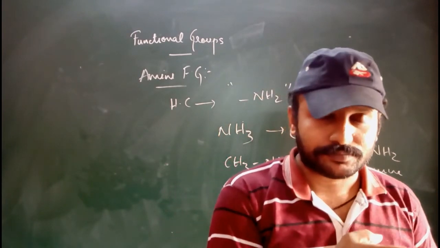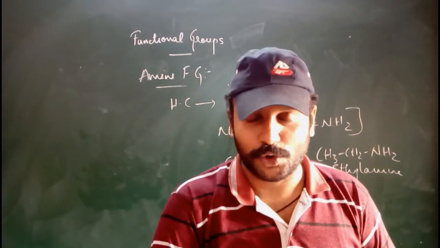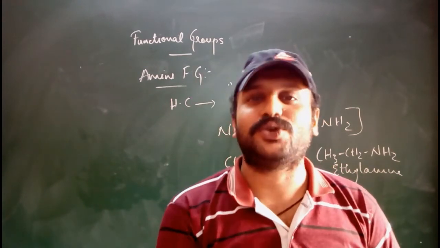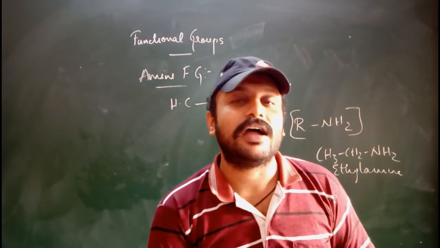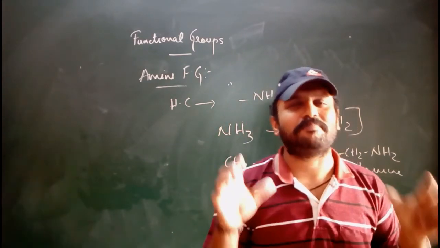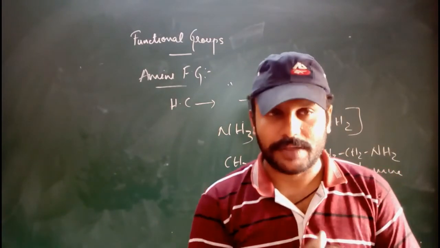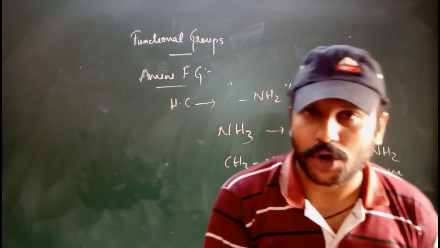Sorry, there is one sound, I think you have heard it. Okay, ketone functional group. Next is the carboxylic acid functional group, ester functional group, ether functional group, and the last one is our amine functional group. So these are the main important parts of the carbon compound. Based on this part only we will be describing the nature of the carbon compound.